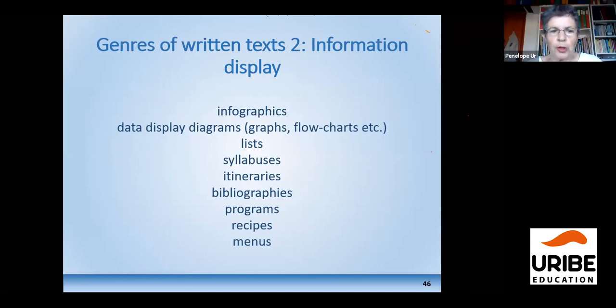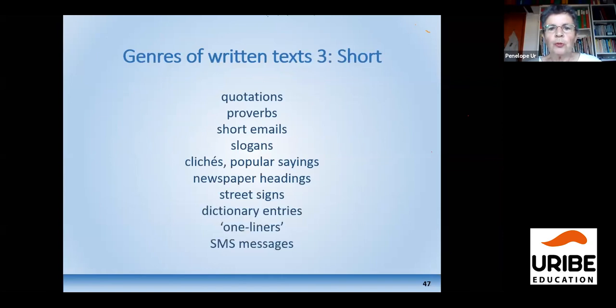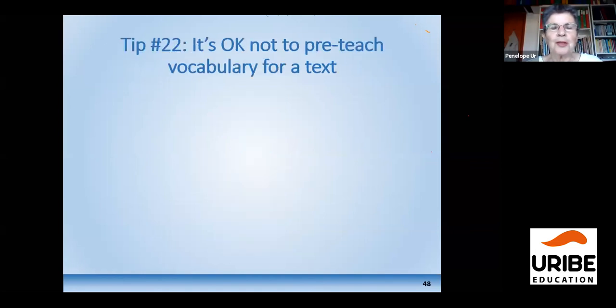And another kind of text which I think is not used enough is brief texts. Again, I'm going to just display all these kinds of things, very, very brief. They're good for fillers as well. Again, the books don't use them enough, and they're very, very rich. Short slogans, quotations, headings, street signs, and so on, which you can use to supplement your textbook. Tweets, thank you. Yes, tweets is another, which I should have added. I'll do that next time I give this.